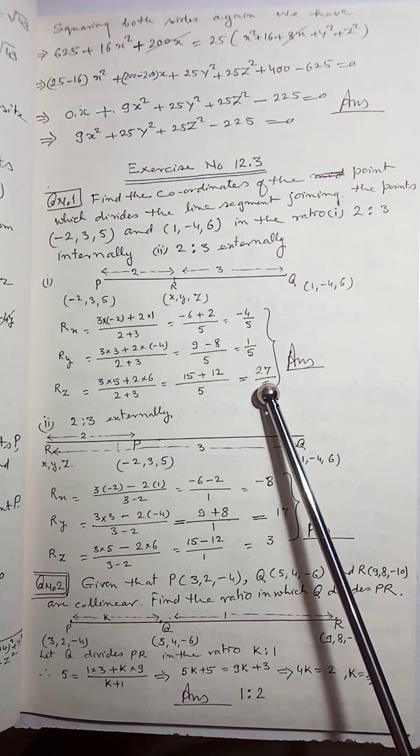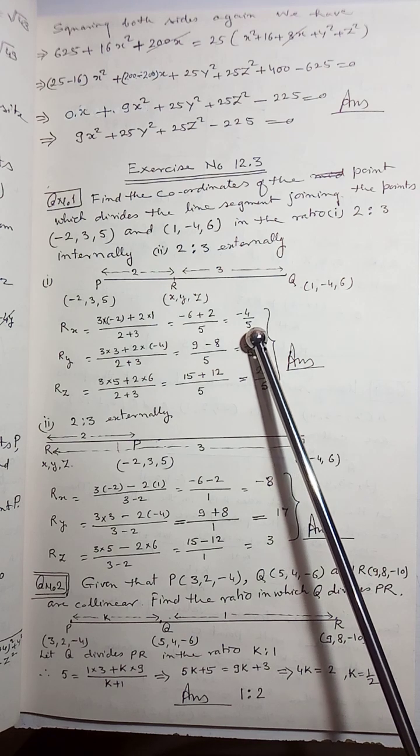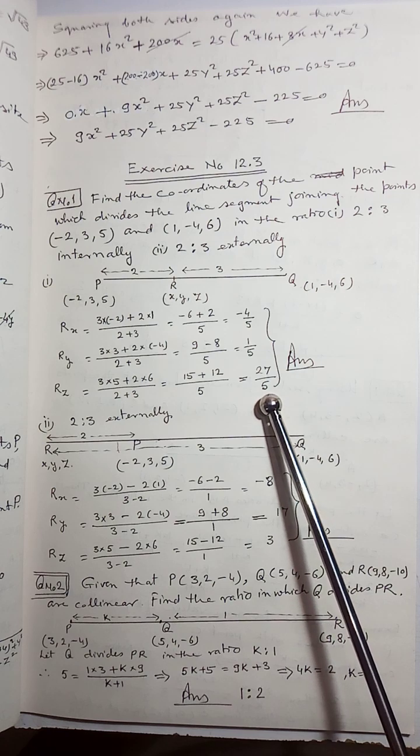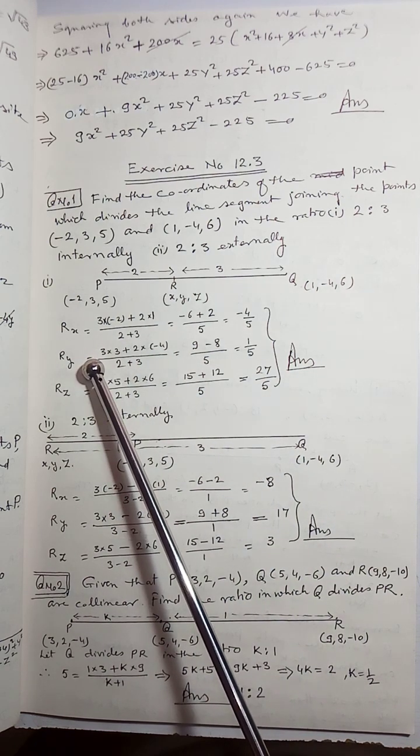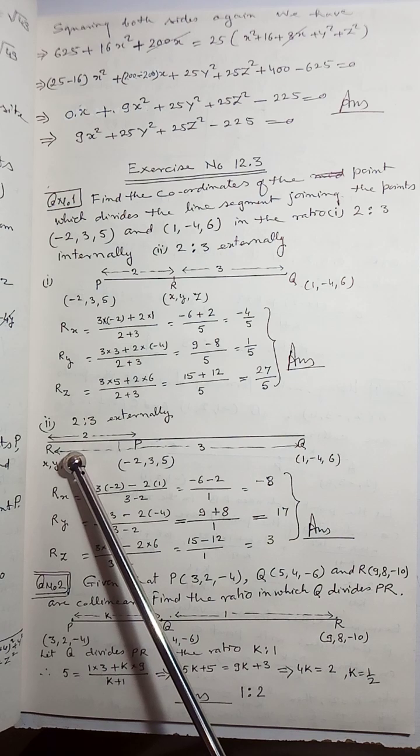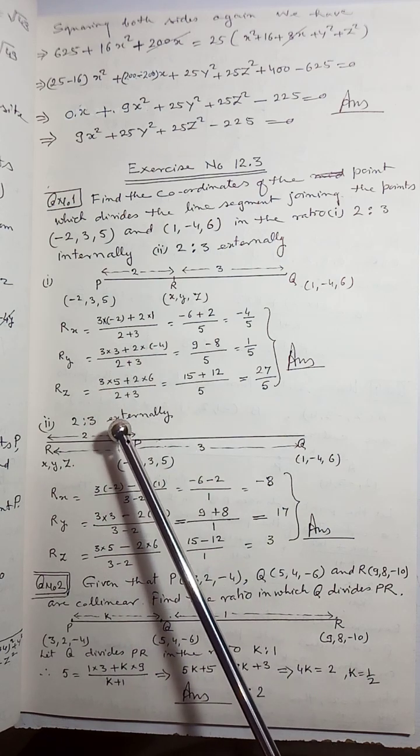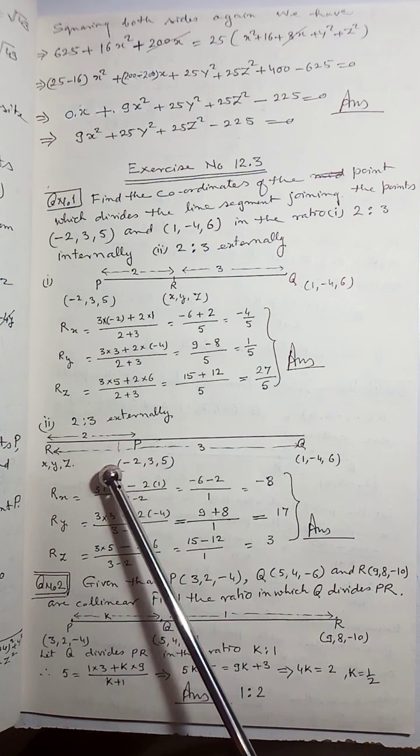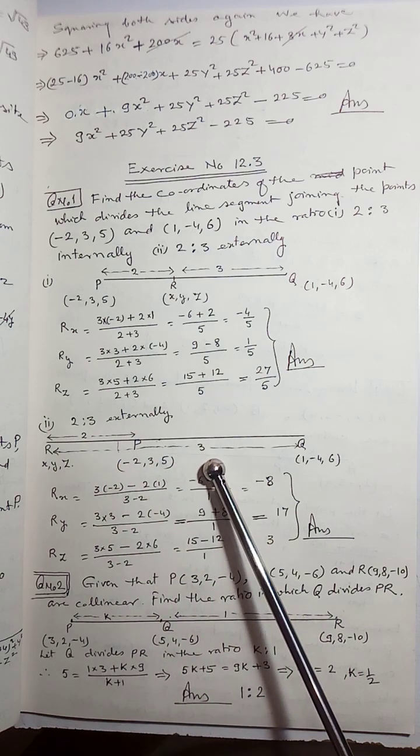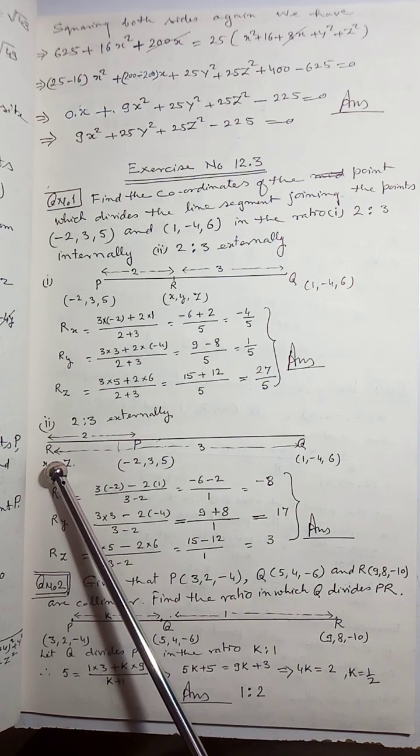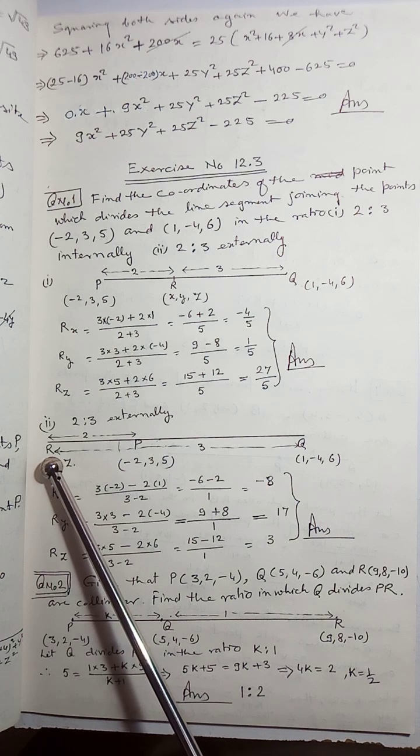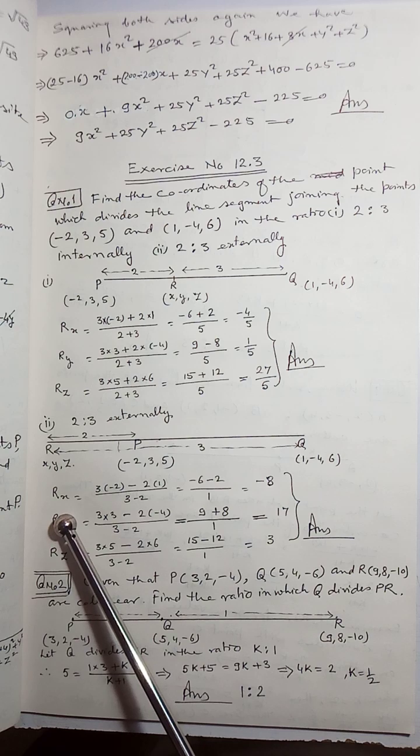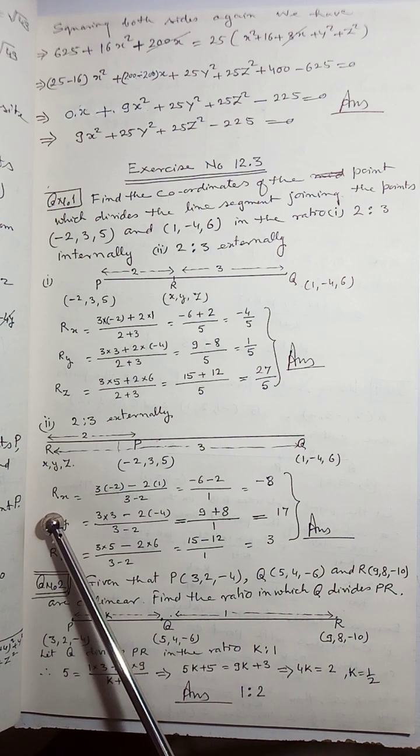And these are the coordinates of the point R, that is -4 by 5, 1 by 5 and 27 by 5. And this will be the answer of the first part of question number 1. Now the second part, when the point R is outside of the PQ line segment and it divides externally in the ratio of 2:3. So R will not be inside PQ, it will be outside of PQ. Therefore Rx will be equal to